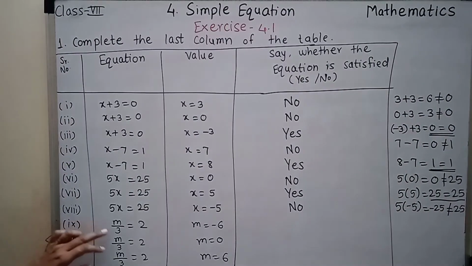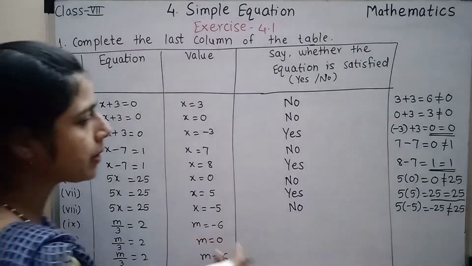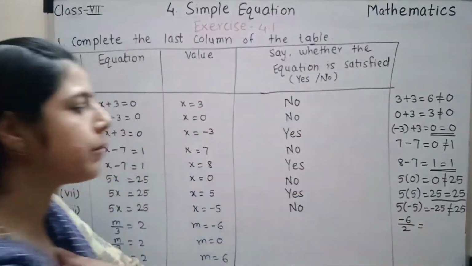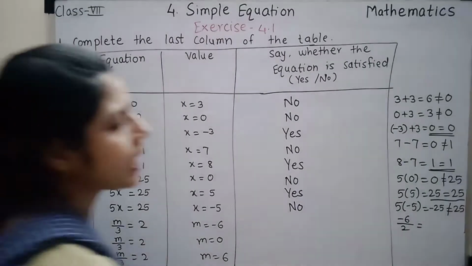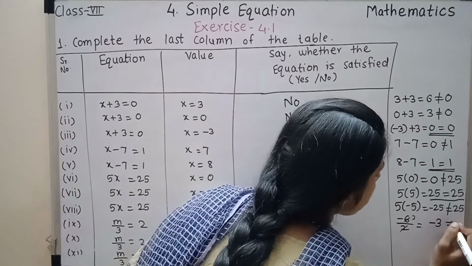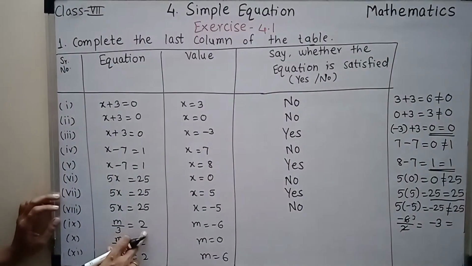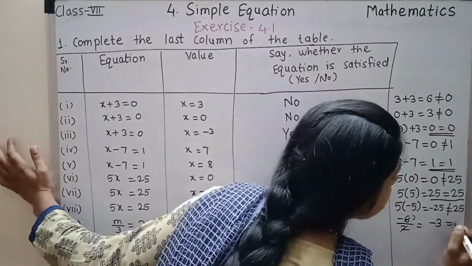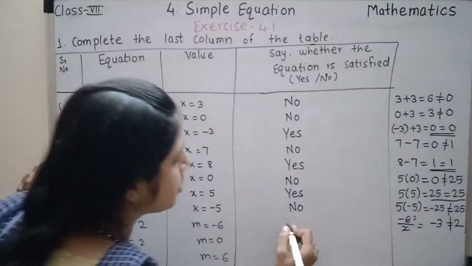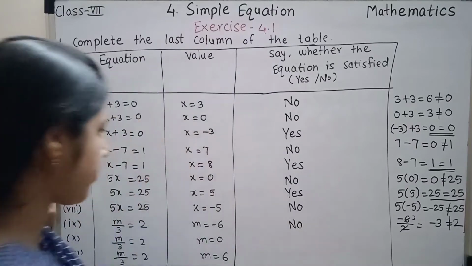पे. Next is m upon 3 equal to 2. तो m की वैल्यू आप डाल दो यहाँ पे -6. -6 अगर डिवाइड बाय 2 मैंने -6 डिवाइड बाय 2 करते हैं तो क्या आ जाएगा? ये 2 3 are 6. So ये आ गया -3, which is not equals to, राइट हैंड साइड क्या दिया है यहाँ पे? 2 दिया है. So -3 never to be equals to 2. So it is not satisfying the equation. So you should write here no.